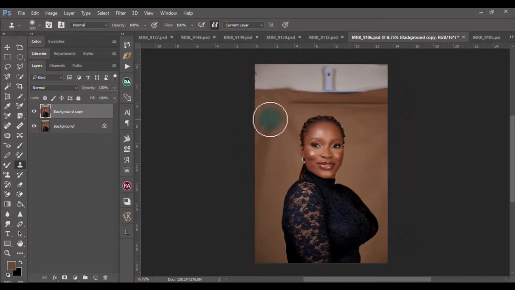So I'll go ahead and work on my background first. Just watch while I do that. Right now I'm removing the unwanted parts, because of the folded part of the background. Sometimes I usually duplicate my layers just in case I have issues with the other one. So go ahead, so you can have an error. I have errors on my hair, so I'll go back and